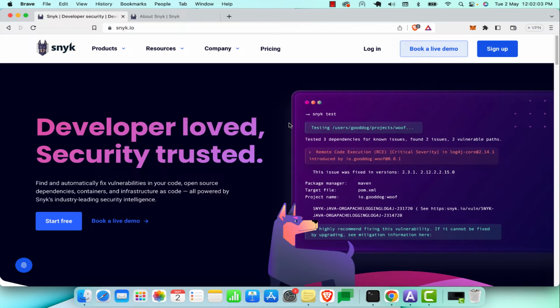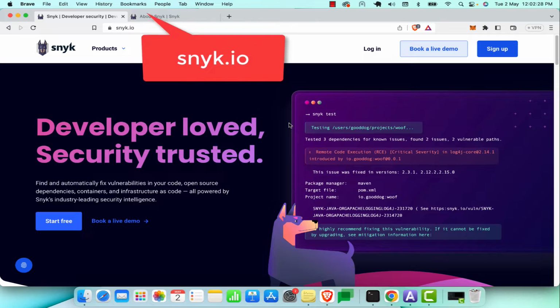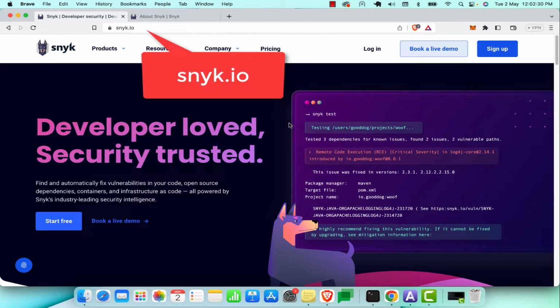In this video, we are going to see about the Snyk tool. Snyk is used for finding vulnerabilities at the code level, the source code level. It won't just find the source code vulnerability, it will also suggest how to fix it. It will also create a merge request if you integrate it with Bitbucket or GitHub, whatever it is. So basically, Snyk is a security analysis tool for the code level, not from the application